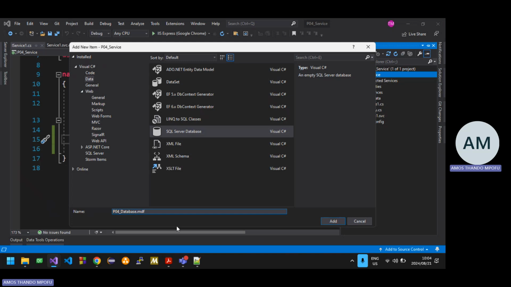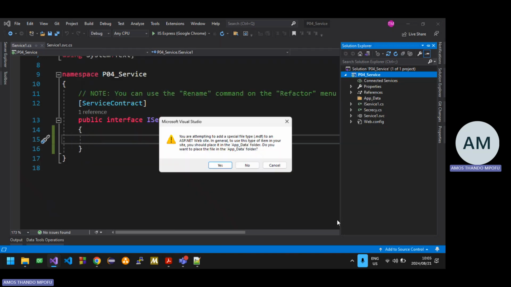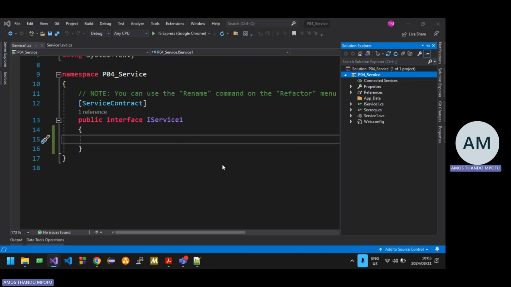Make sure you use an underscore. Don't be putting things like hyphens. Hyphens might work, but underscores are the safest. If you make a mistake in naming, that's why it's best to just leave it like that. But if you make a mistake in naming it, you might have to restart everything from scratch because your thing might not work because of the way you've named it, especially if you put spaces. So I need a SQL Server database so that I can store. Basically, database is my base for data, where all the data that I'll be getting from the user will be